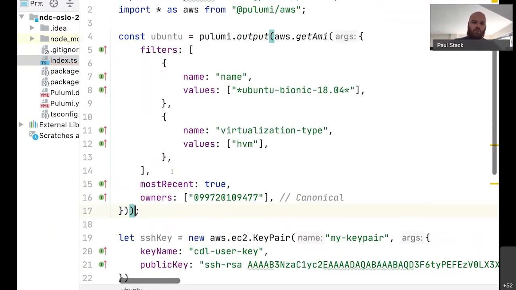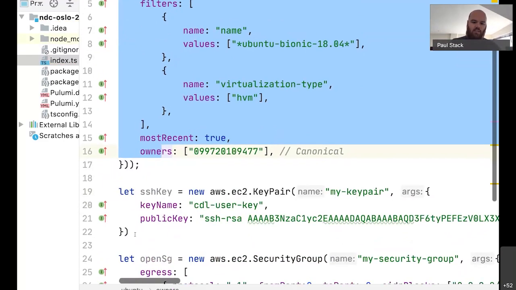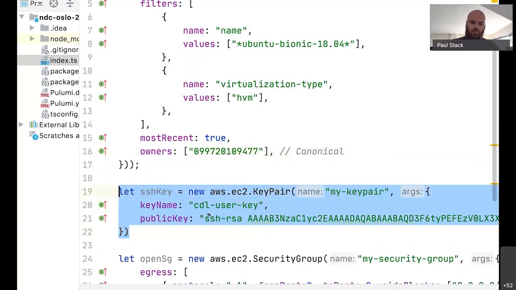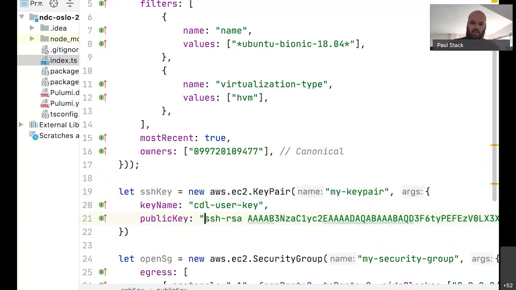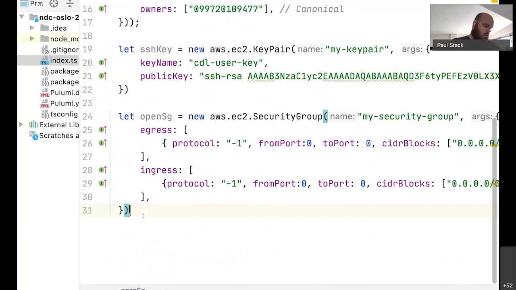So firstly, we go off to AWS and we get the AMI for a specific Ubuntu image that we want to launch a machine on. Then we have an SSH key. Please never do this in production where you embed your public key in your infrastructure. Then we have a security group that goes with it. So let's say that we actually want to launch multiple web servers here. This is why I love JavaScript as a demo, because I can say let webServers equals an empty unbounded array. And I can actually say